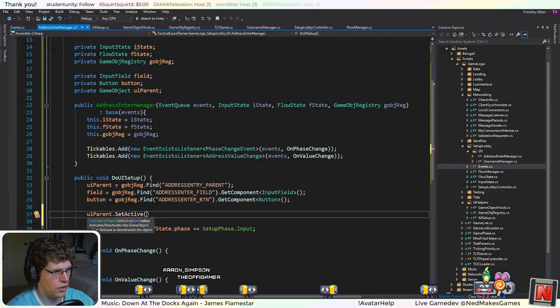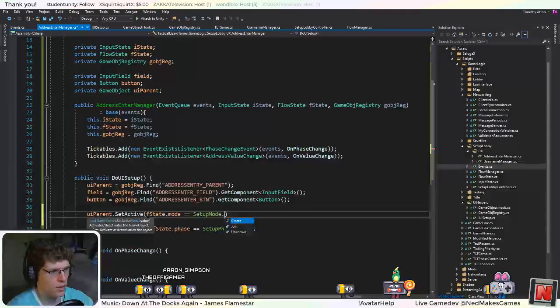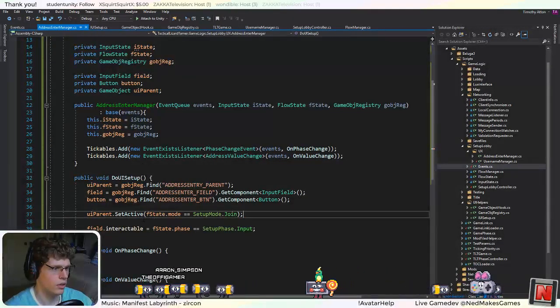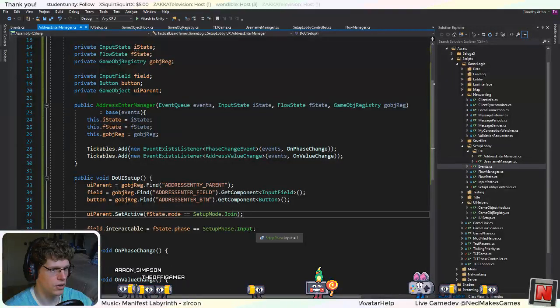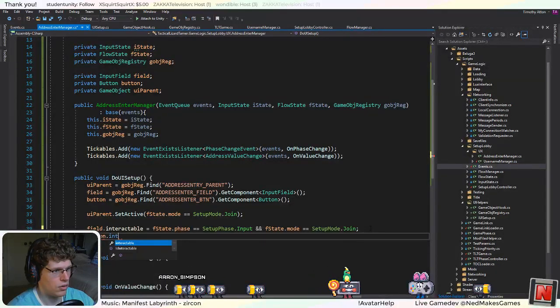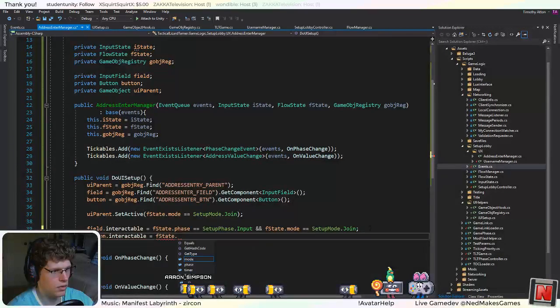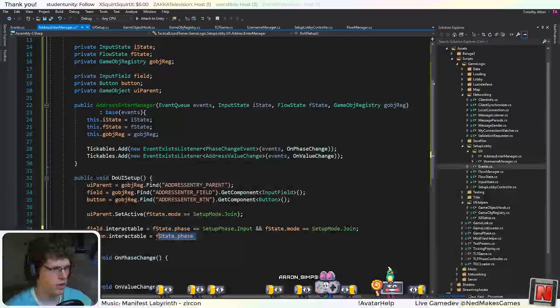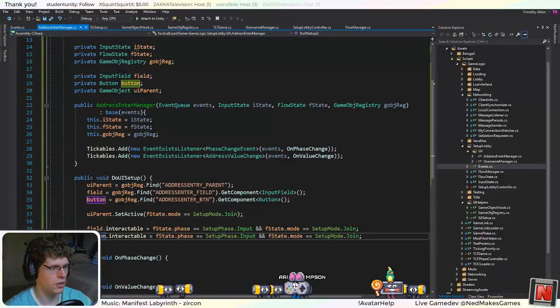Okay, so what I want to do here is this is only active if we're in the join mode. So I guess I could also set this interactable also if we're in join mode. I don't really think it's needed, but interactable. I can copy this actually. Oh, also I need to change the text of the button so that when we press it, it changes from show to hide. It's just a little thing, but